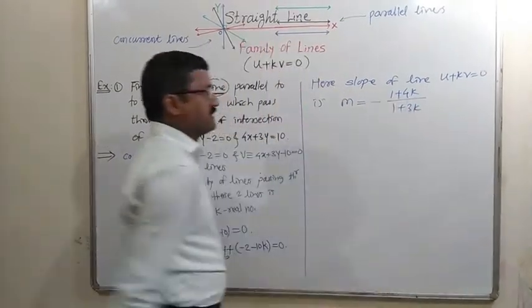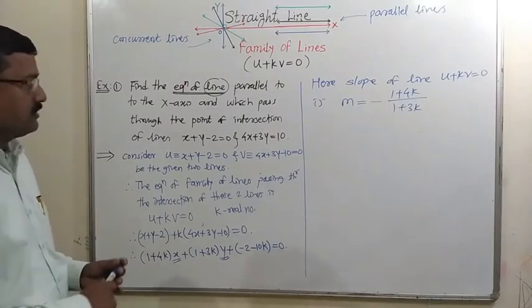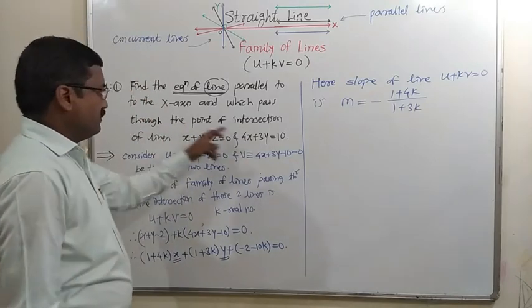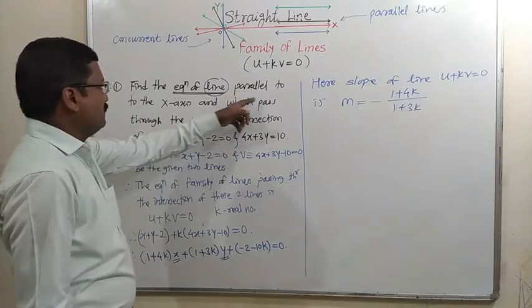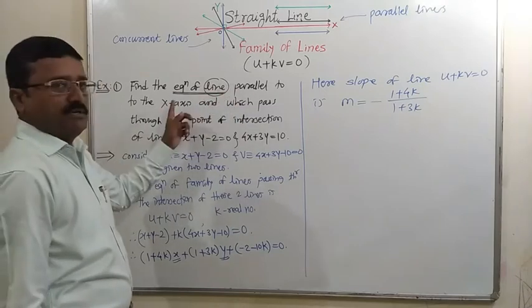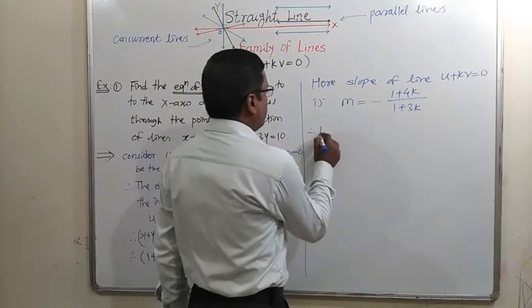Ratio of coefficients of x and y. So this is the slope of the line u plus kv equal to 0. But the line which passes through the point of intersection of these two lines must be parallel to the x-axis, meaning its slope will be 0. So from the given condition,